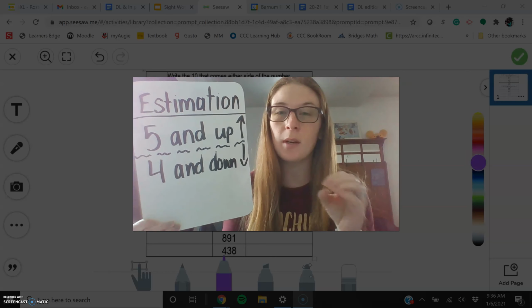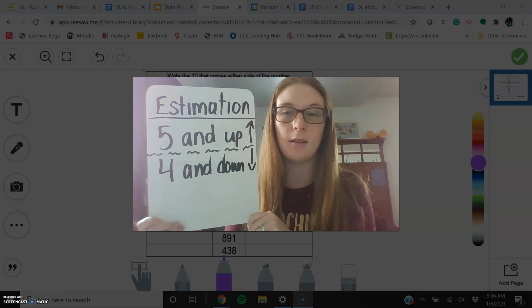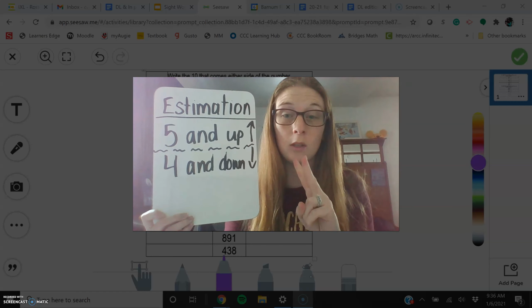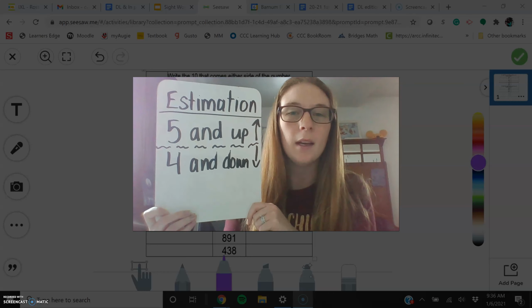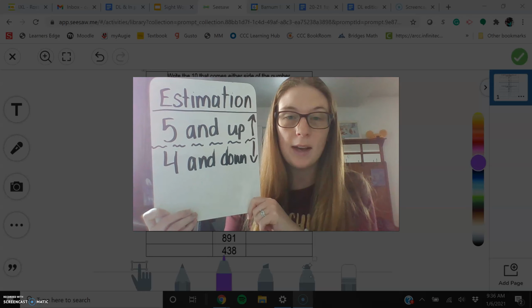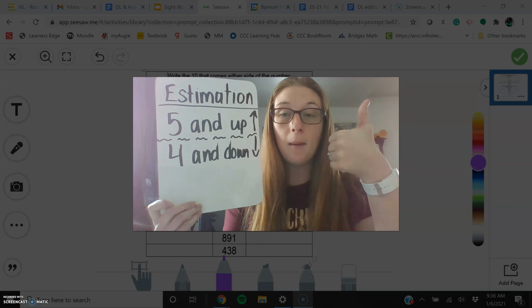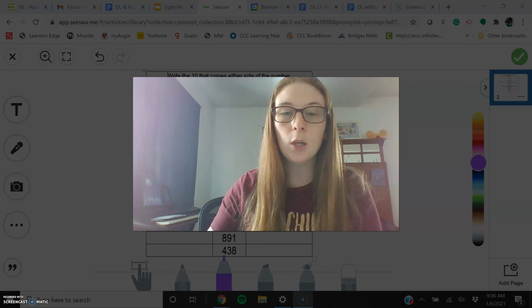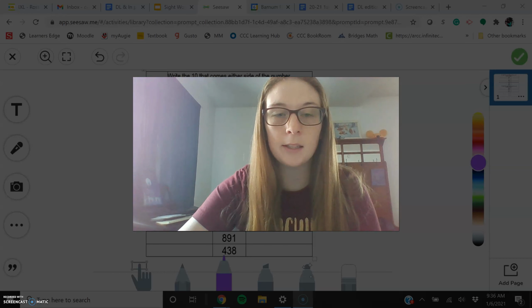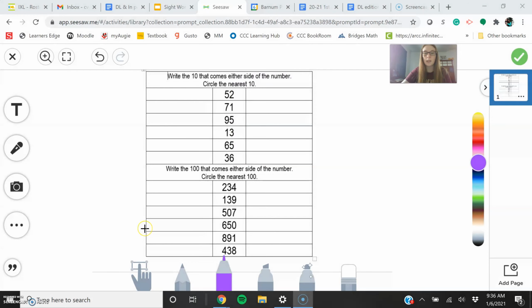But if it was 0, we would just keep it at that number because that would be our nearest number if it's a 2-digit number. If it's a 3-digit number, then we'll talk a little bit more about that in just a moment. But I really want you to remember that when you estimate, 5 and up goes up and 4 and down goes down. Okay? So let's look at what our seesaw activity is today so that we can work on it